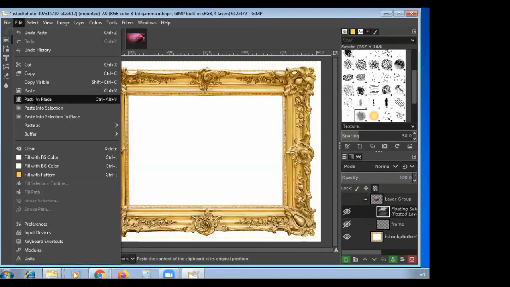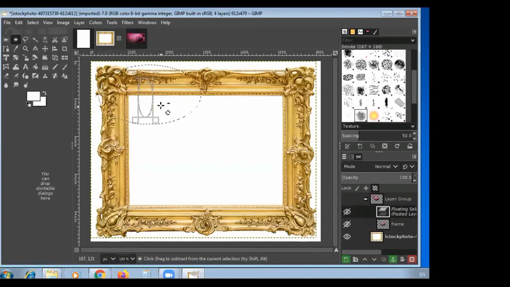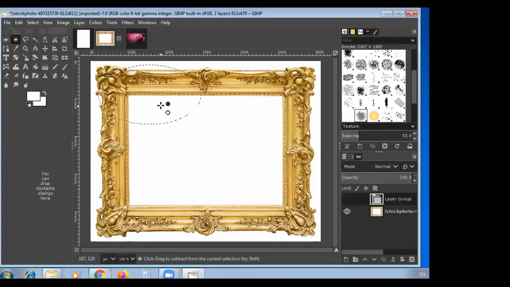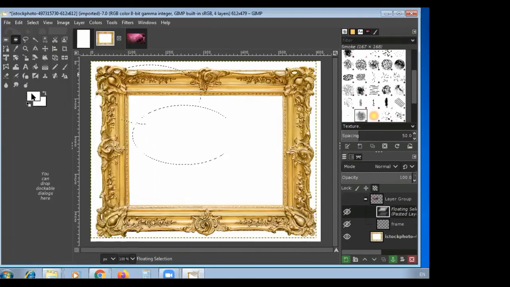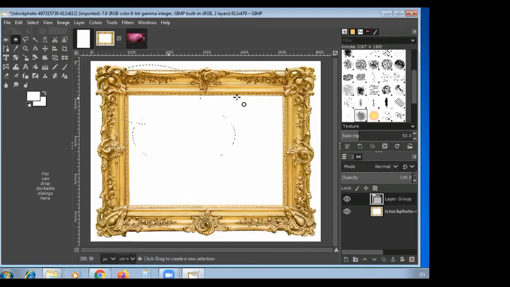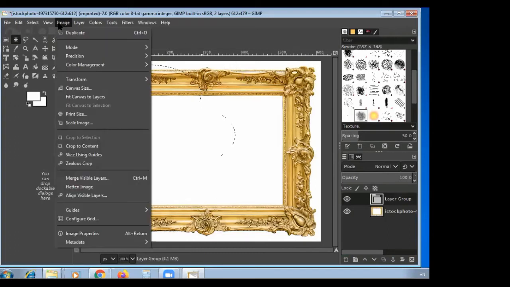And then bring the image window where you create a new layer to select it. Click on the image window.